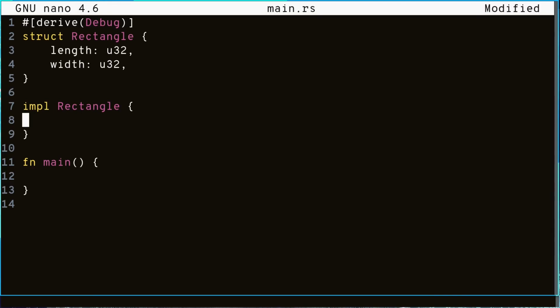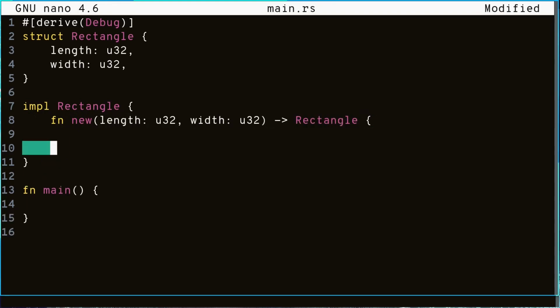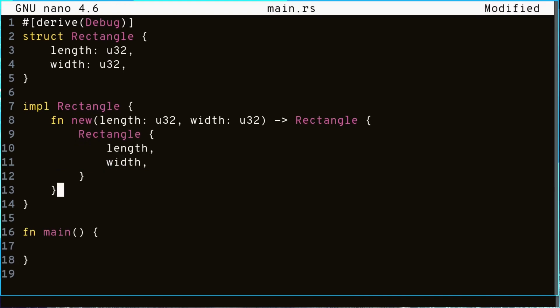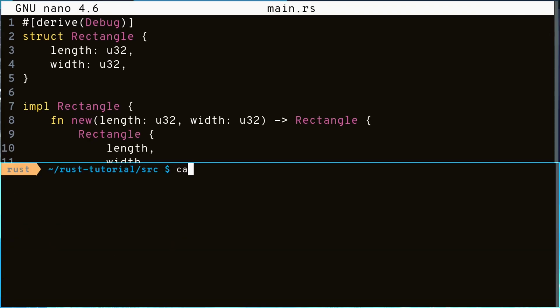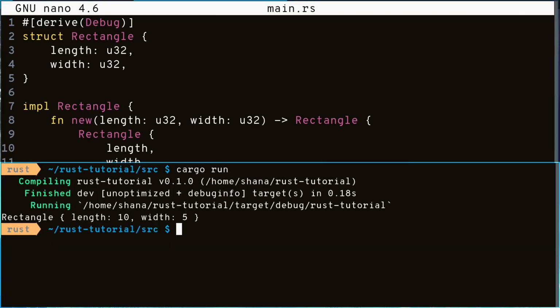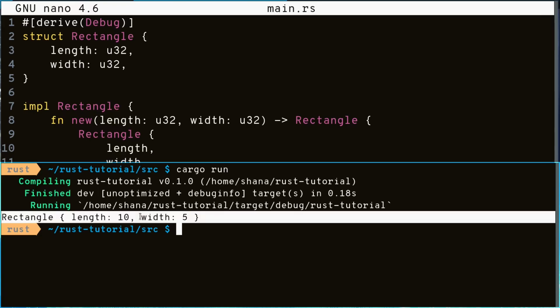Let's start with the associated function first. We'll write a function called new that takes in a length and a width and creates a new rectangle for us. And let's make a new rectangle using this function. And we'll print it out. And we see that the function worked correctly, and we get back a rectangle with a length of 10 and